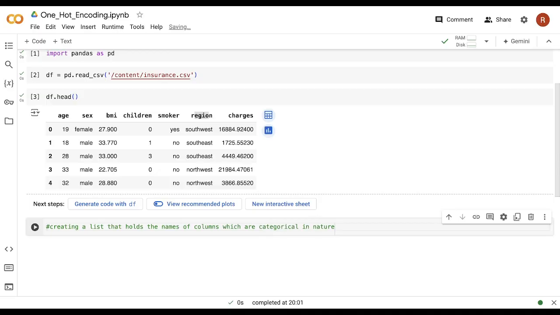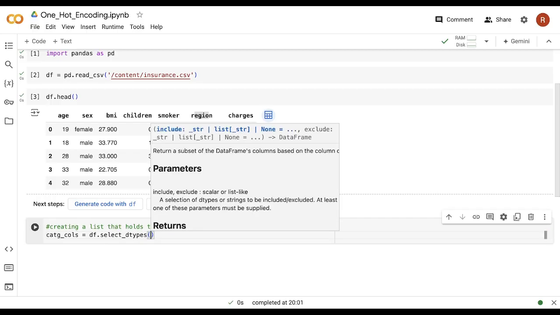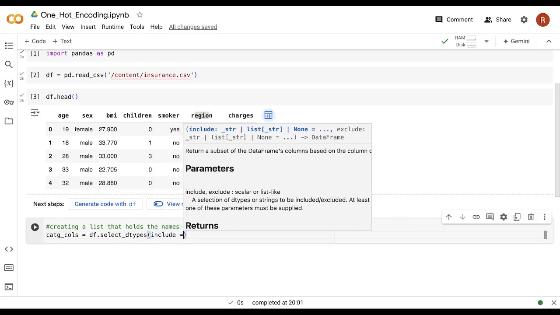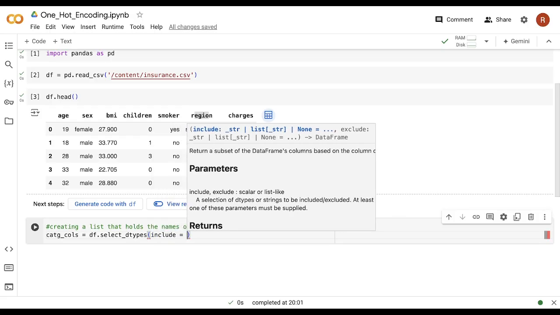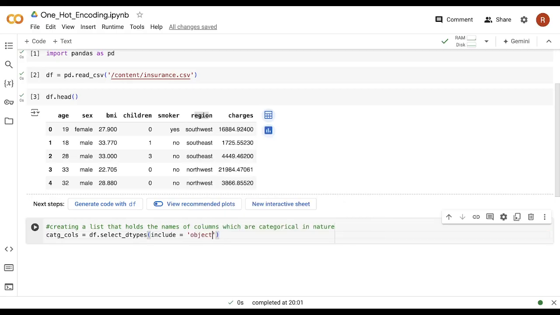And we are not going to create this manually. We are going to use the select_dtypes method here. So let me say here categorical_columns. This will be a list, and here I will say df.select_dtypes. Now this is an inbuilt method which will help us extract columns of any specific data type. Now let me write the include attribute, and in this include attribute you have to specify the data type for which you want to extract the column names. So here I will provide the data type as object, because all the categorical columns have object as their data type. You can even see that.